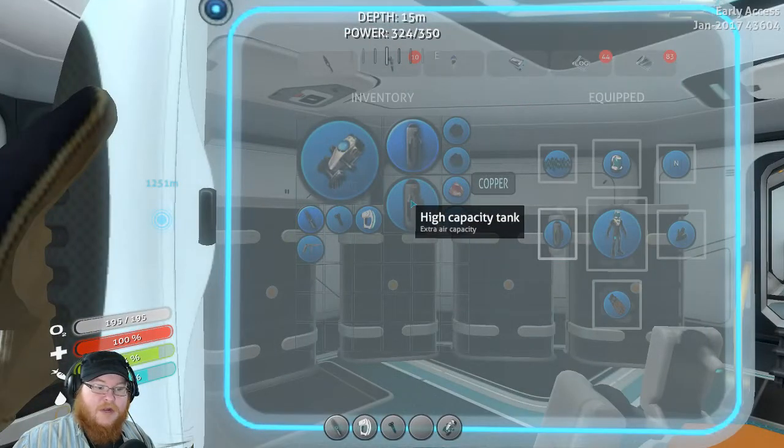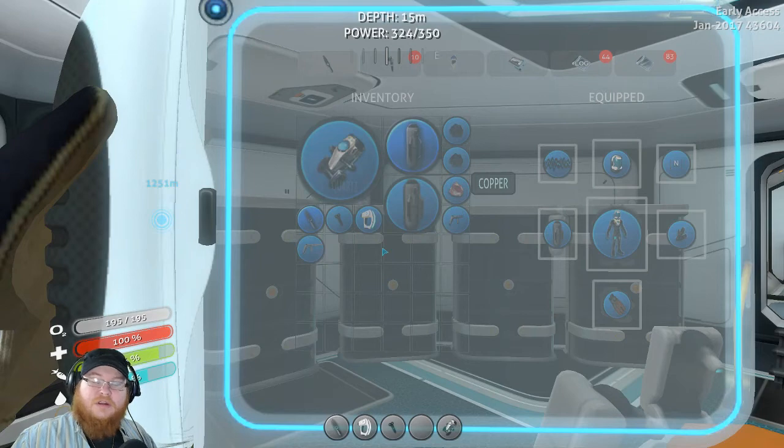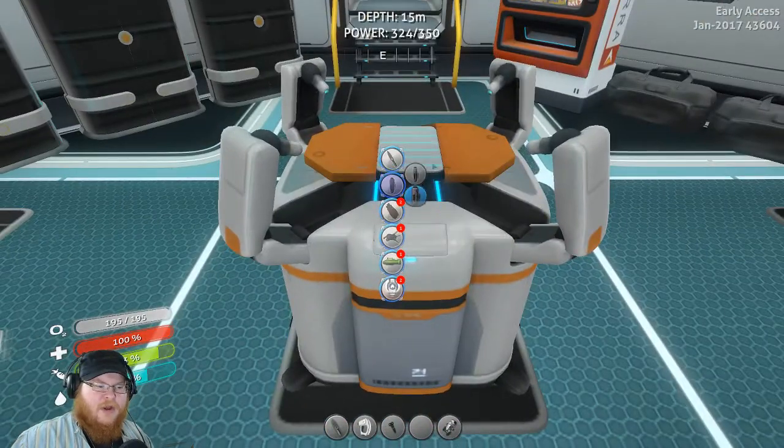But what it does is allow you to maneuver faster, because the more stuff that you have on your person, there's apparently a slowdown mechanic that slows you down. But I'm not going to worry about getting this plasteel tank. But we can upgrade